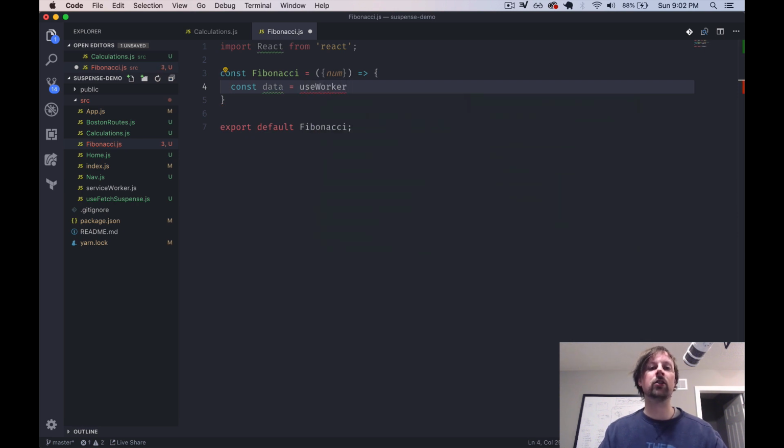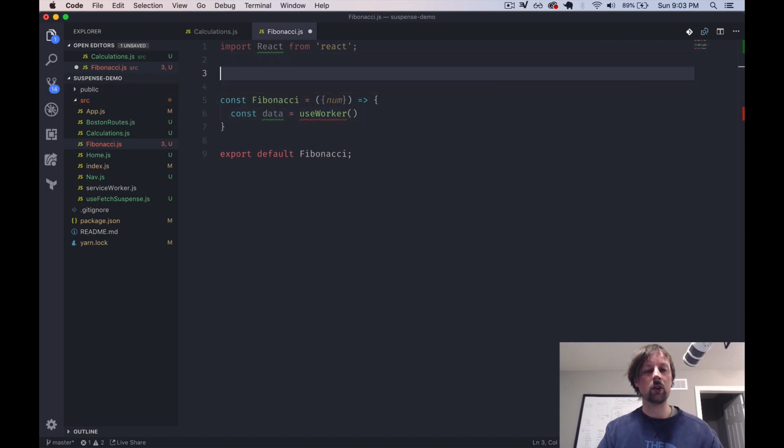It's going to be generic, so it's not just for Fibonacci. You could use it for any sort of intensive CPU calculation. And CPU, as opposed to something like a fetch, which isn't really that intensive on your CPU. It's slow because it has to go across the internet and fetch a result from some other server. This is slow because it's calculating a lot of stuff locally on your computer. So useWorker will take in two things. It's going to take in the function to call. So we are going to